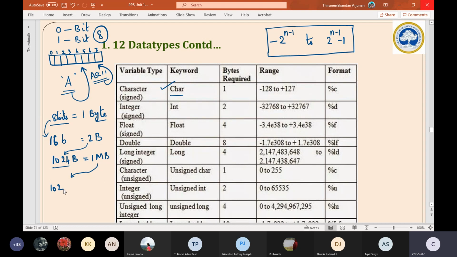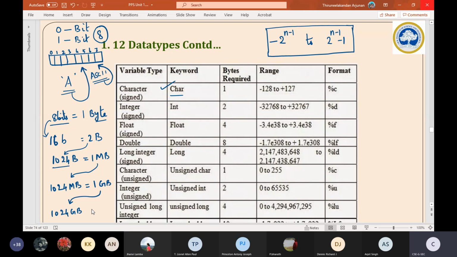Now, such 1024 gigabytes. Sir, what about kilobytes, sir? See, basically, in our computer subjects we will not talk about kilobytes. We will talk about megabytes basically. Okay, sir.